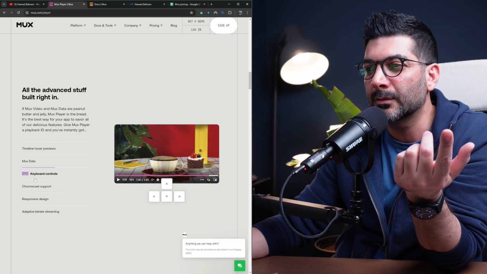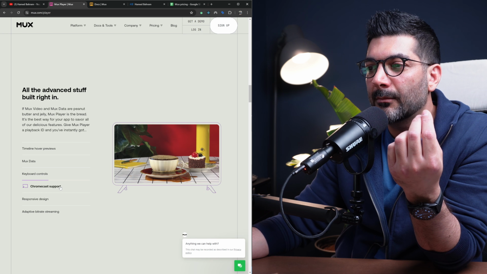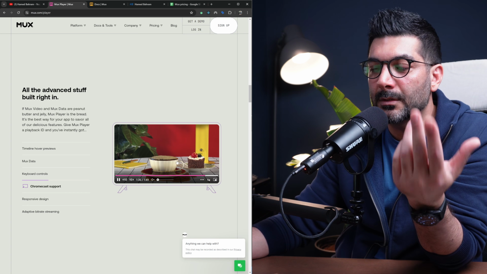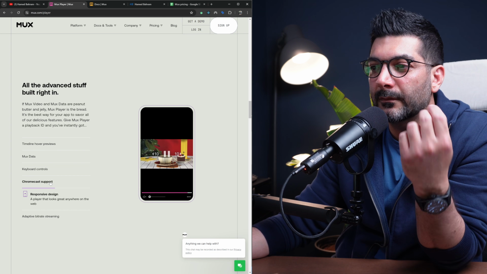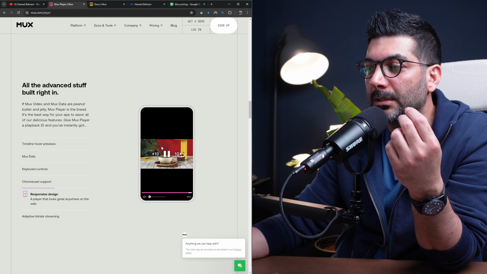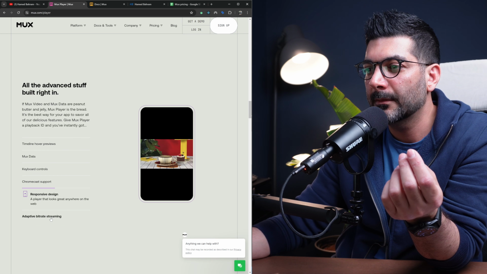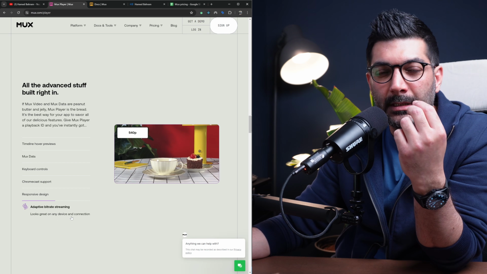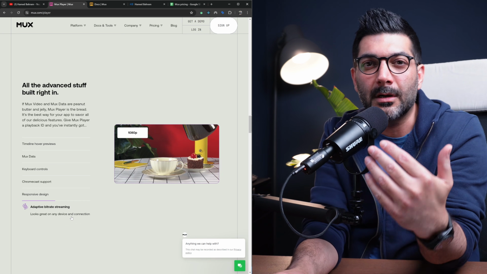So everything that you would want from a player is actually implemented in this MOX player. Chromecast support, so you can cast your videos onto your TV. A responsive design, so if you're watching from a mobile, the controls change, the width changes. It's a responsive player, and it's using adaptive bitrate streaming. What this means is that it is using the HLS technology, and it's adaptive based on the bandwidth that